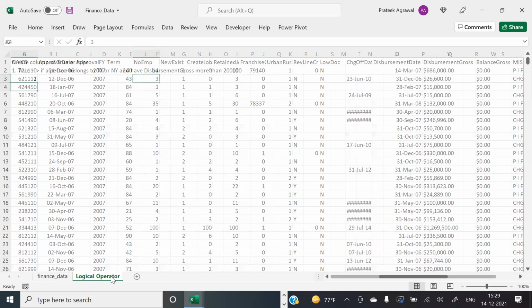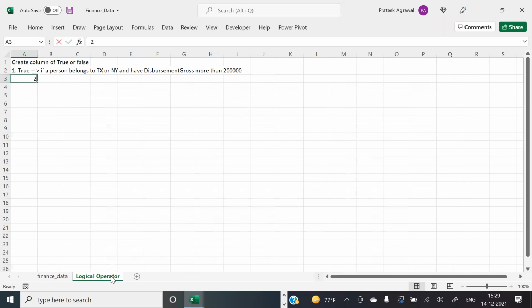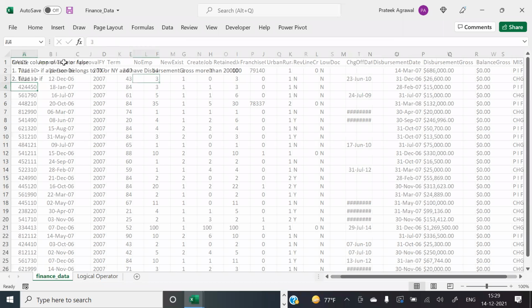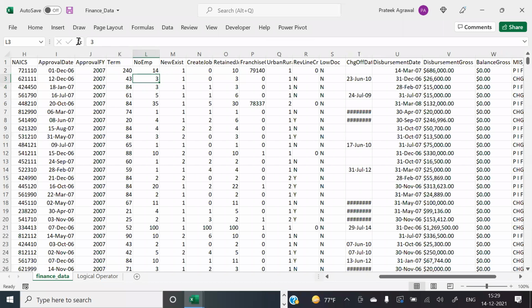Okay, second is true if, sorry, I'm just trying to read the right terminology so I don't make mistakes. Approval date and disbursement date.